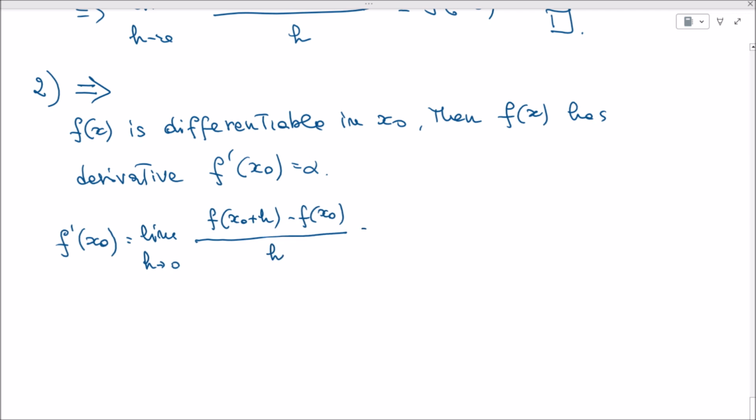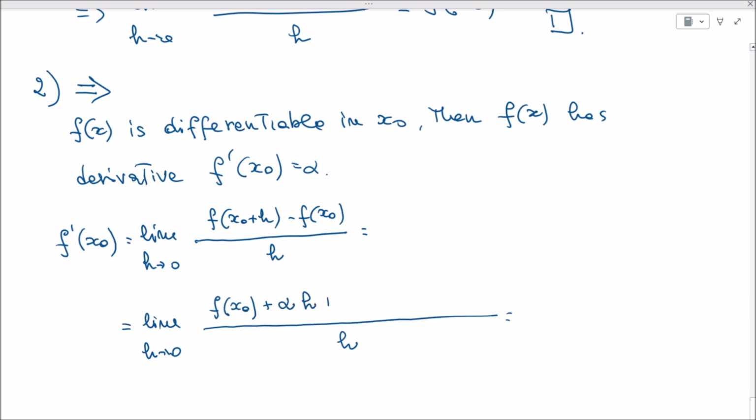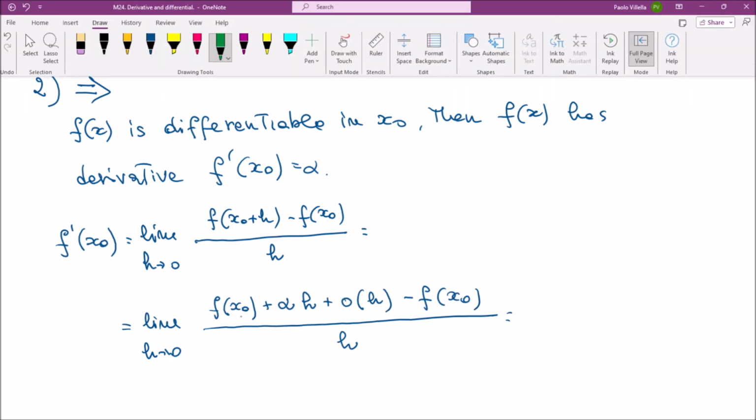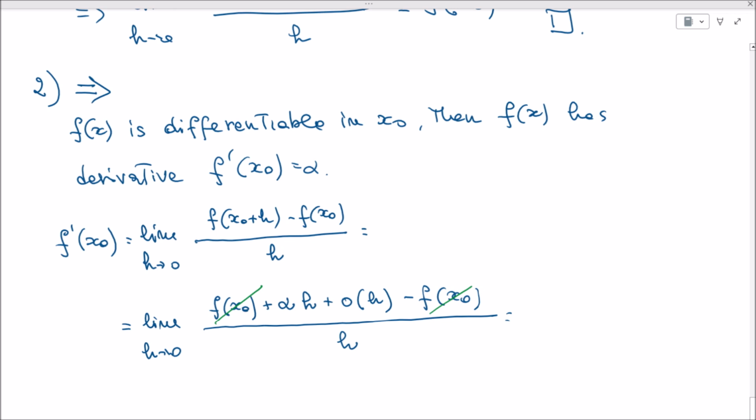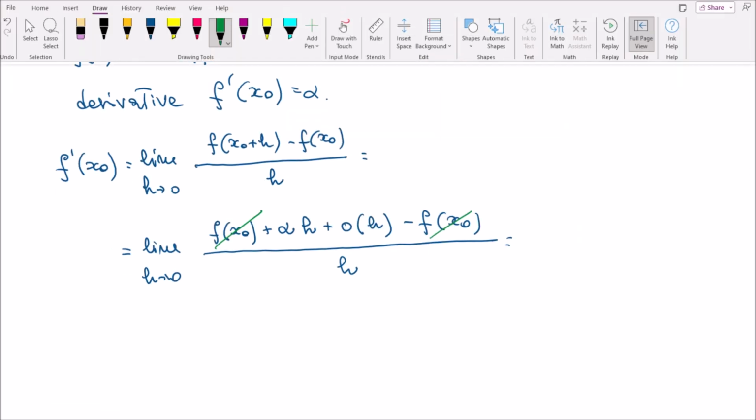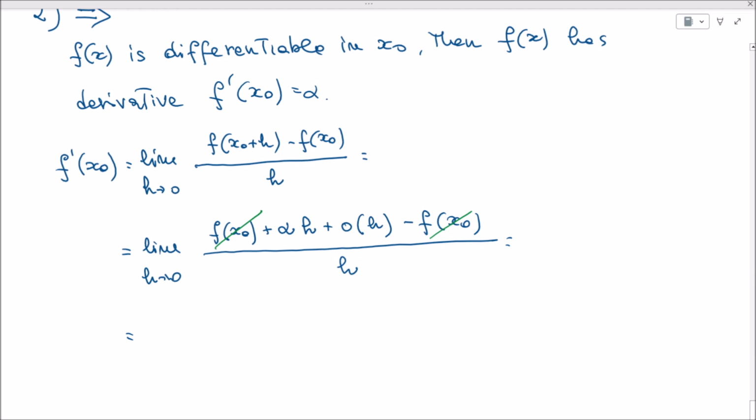Well, but this can be expressed by using the fact that f of x is differentiable. We can leave h at the denominator, but we will replace f of x naught plus h with f of x naught plus alpha h plus little o of h, and then minus f of x naught. And we immediately see that f of x naught and minus f of x naught will cancel each other. So we have the limit